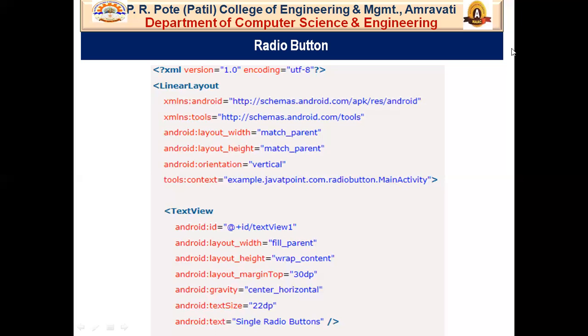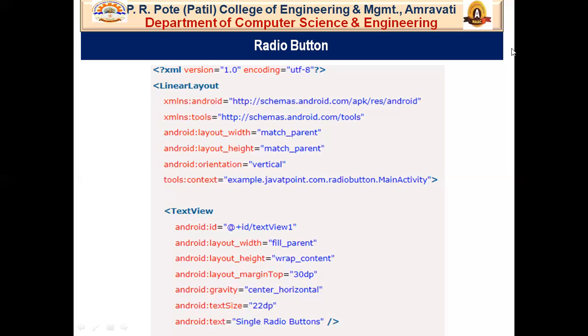So radio button is generally used with radio group. What is meant by radio group? Radio group contains several radio buttons, but the difference between radio button and radio group is that in radio button, you cannot uncheck the button once you mark it as check, but in radio group, once you mark check, it will uncheck all other radio buttons.